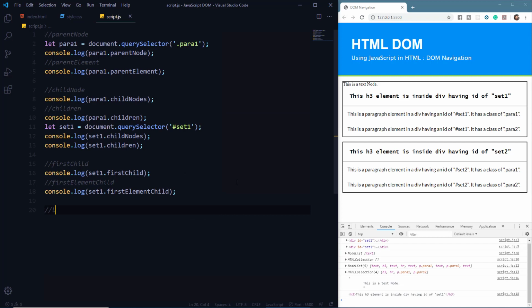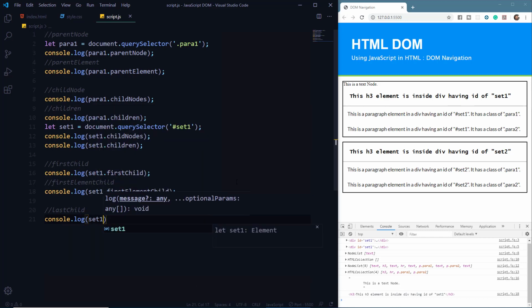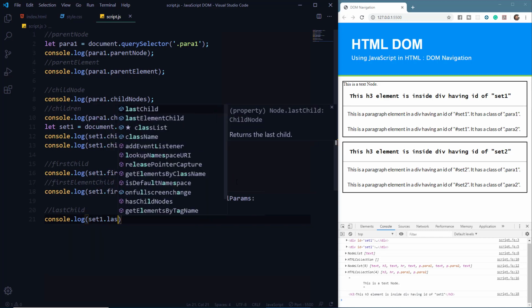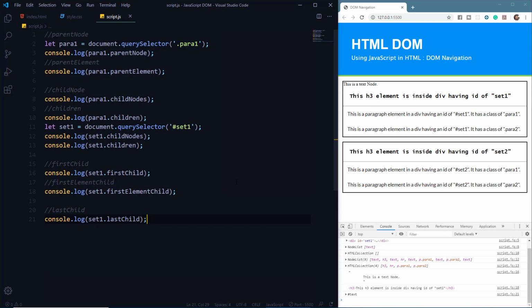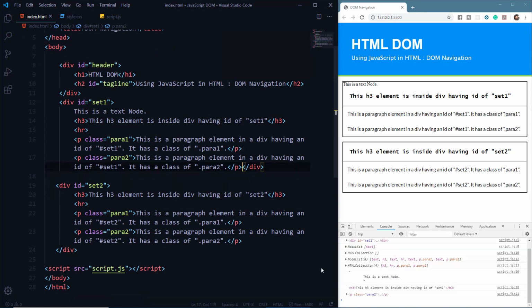Now we can do lastChild as well. This should return the last child node of the set1 variable. And again we have got the text node. This is the line break here. So if we remove this line break, we can see that we have got the p element as the last child.